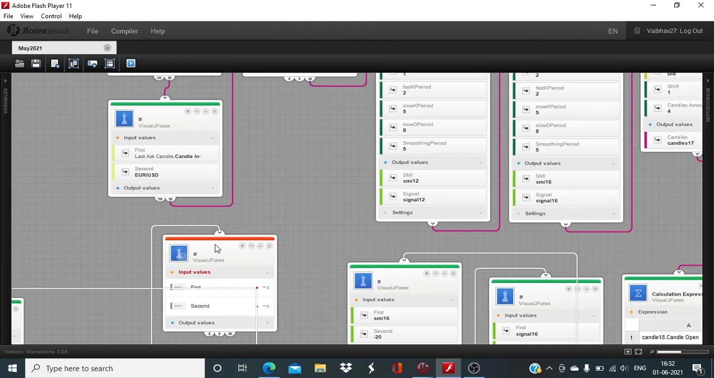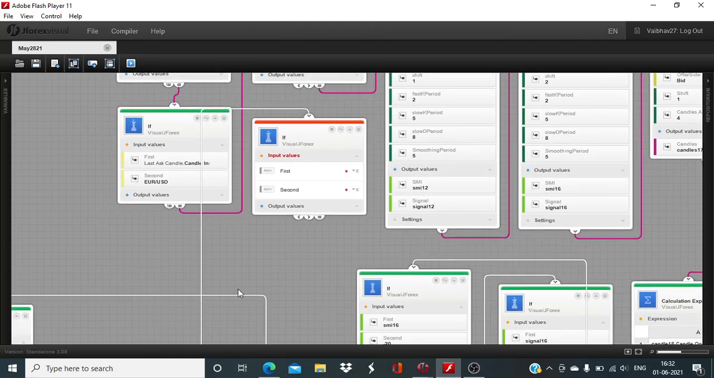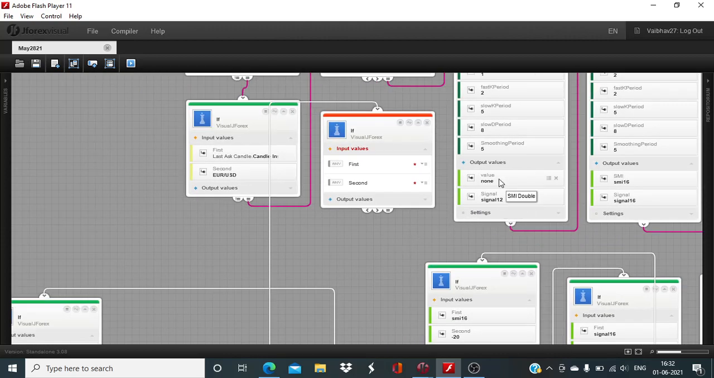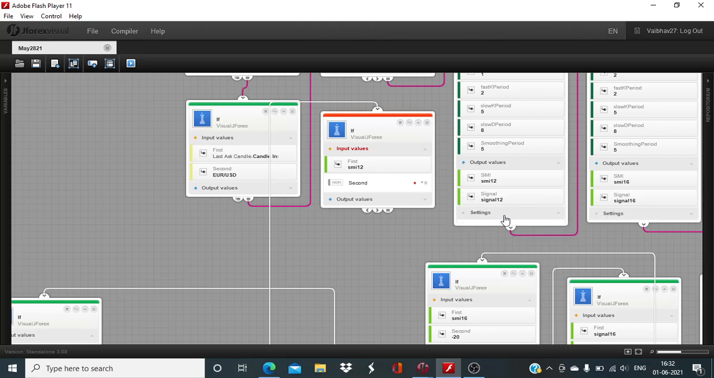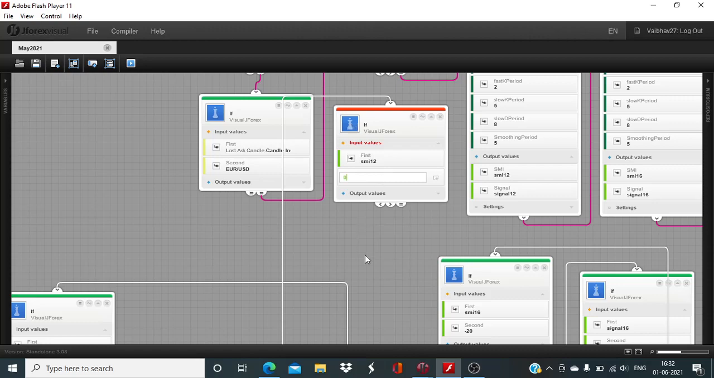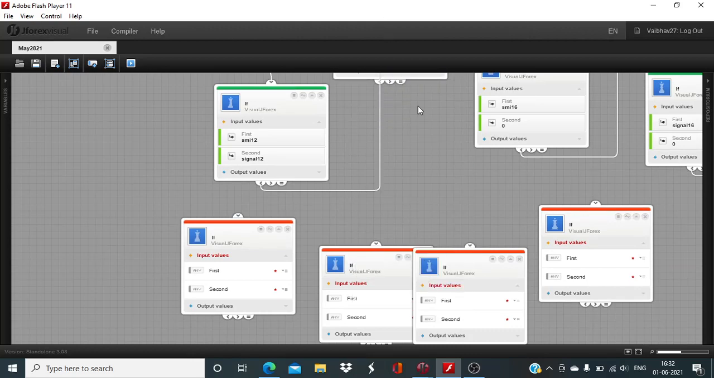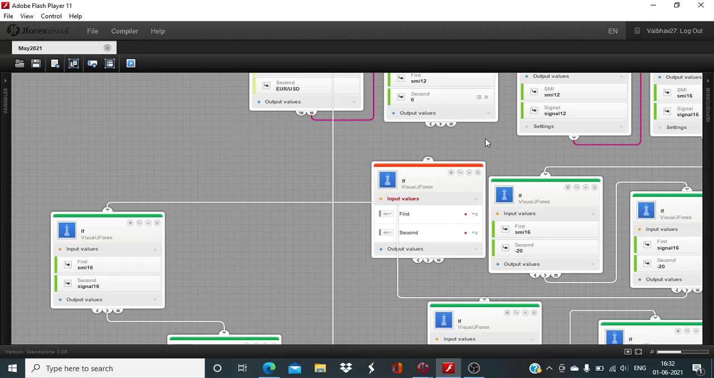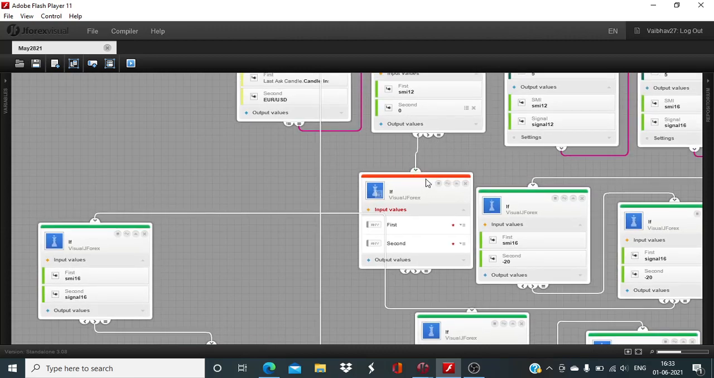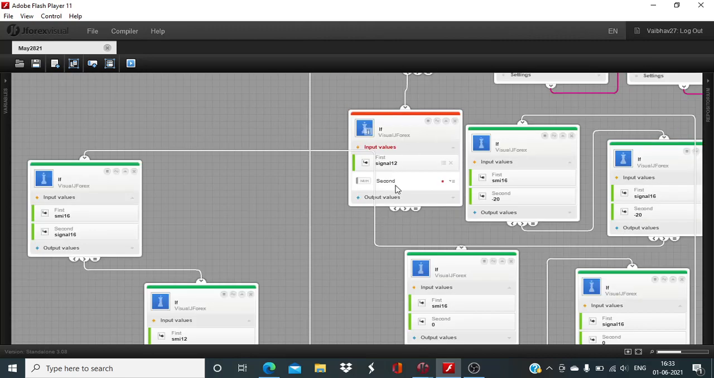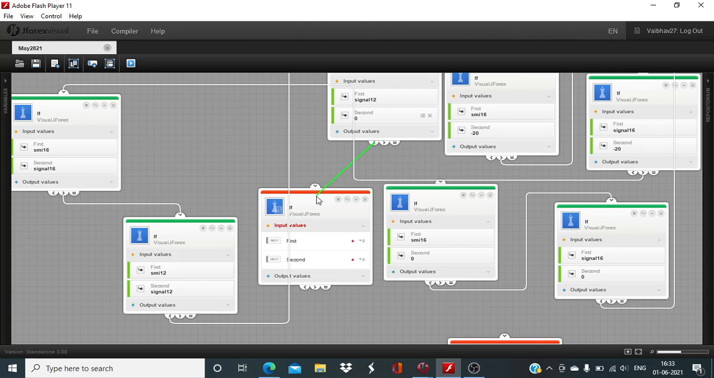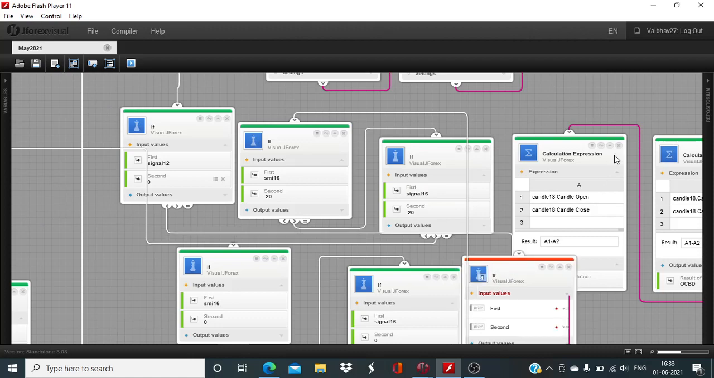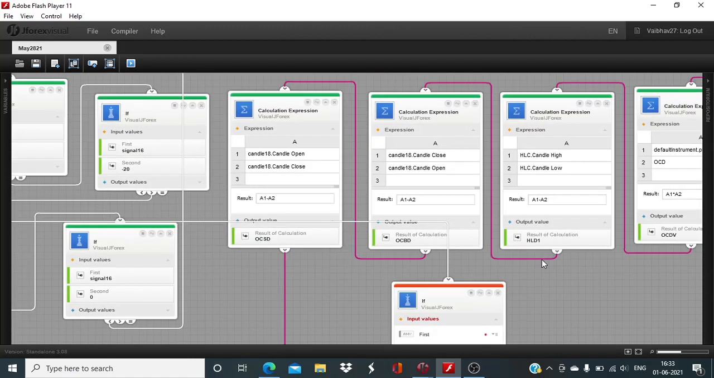Okay. And last hour's SMI values should be below 0. So first input less than second input. Signal 12 should also have been below 0. Now that we are done with defining the SMI requirements, we can consider the price difference, how the price action